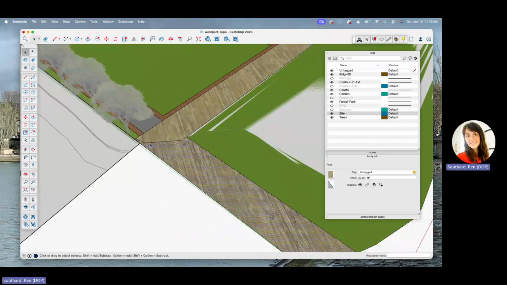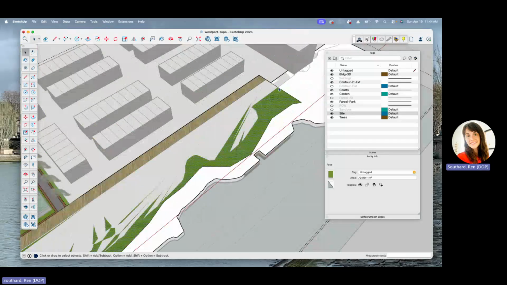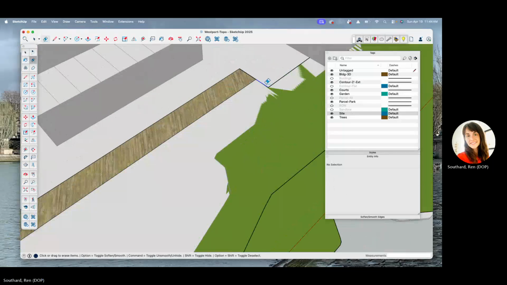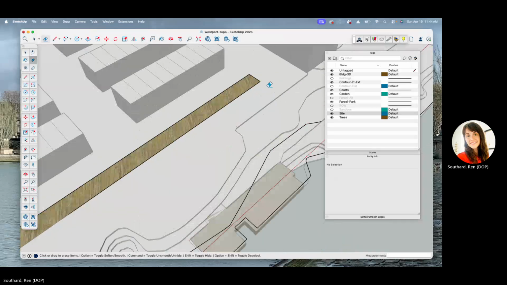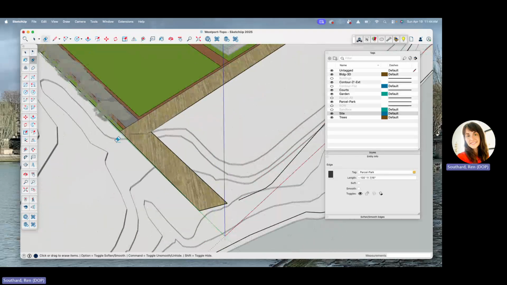Okay, so now I've got this bit. This bit I don't actually need. I'm going to erase this. And I'm going to erase this little bit and this little bit. And then